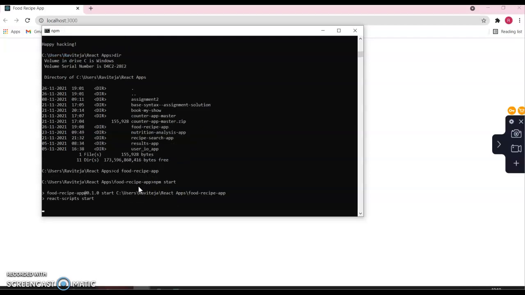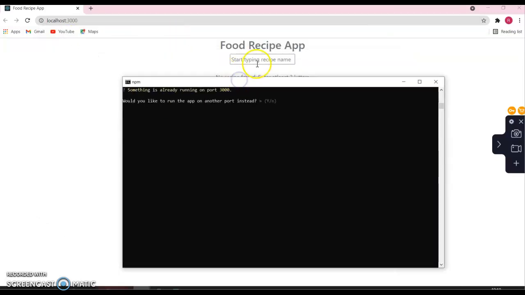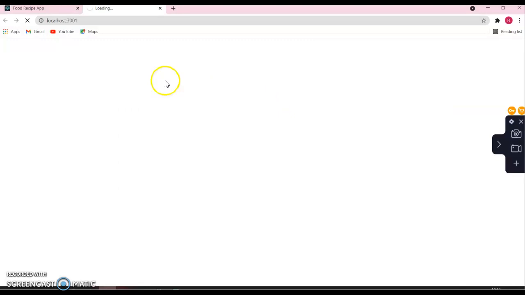It is asking that something is already running on port 3000, so let's open it on another port. I said yes, so it is going to open one more server on 3001.